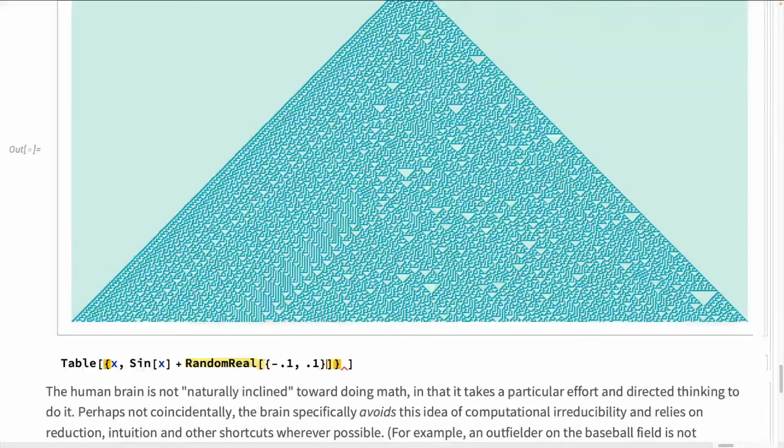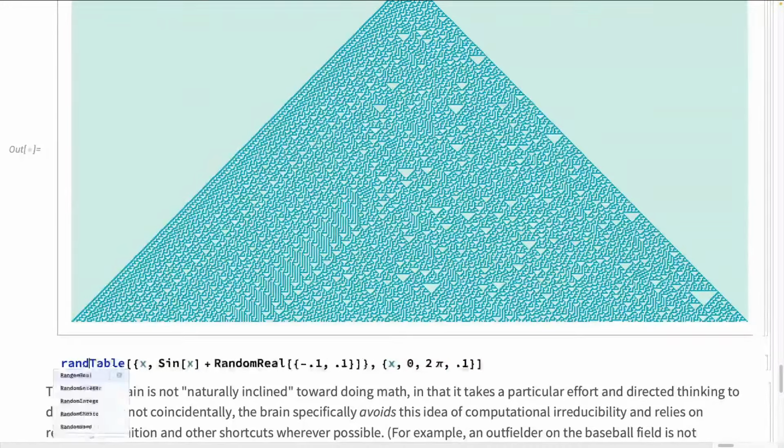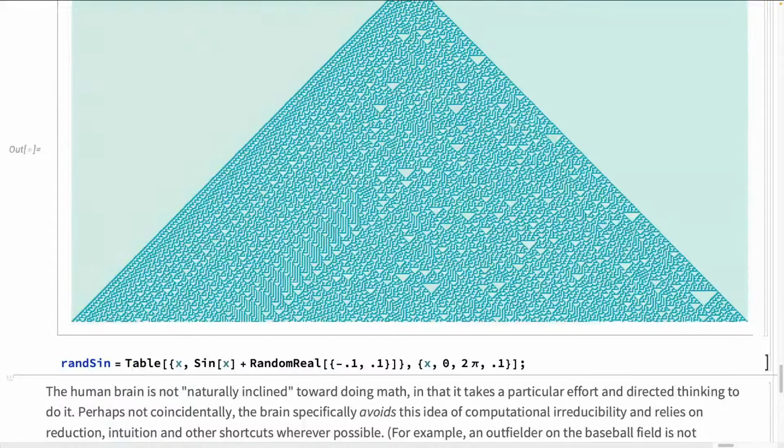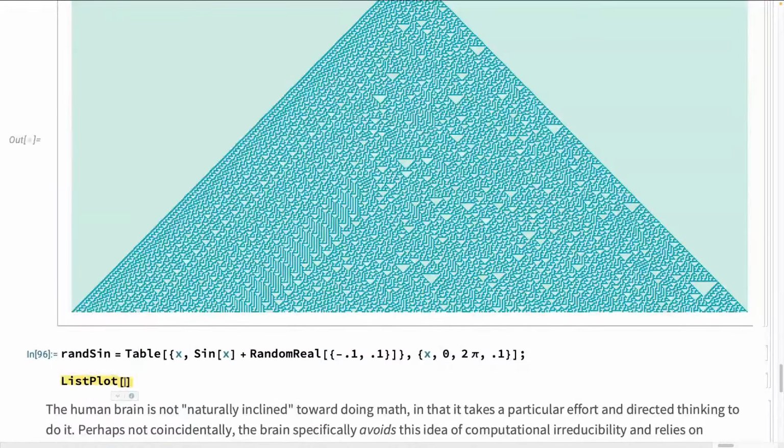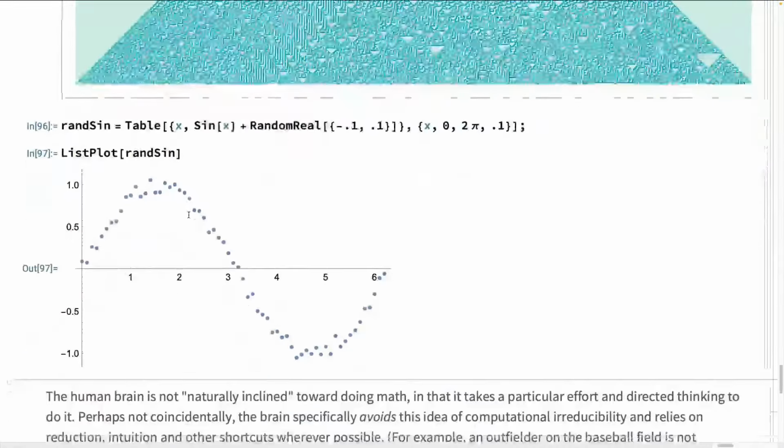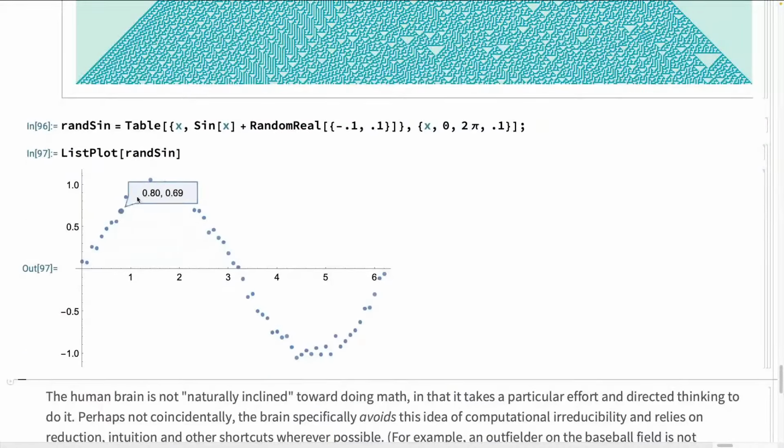Let's do this, and we'll have x go from 0 to 2 pi in steps of 0.1. As a human, we can look at this and say, oh okay, this kind of looks like a sine curve, and then it's got a little bit of noise on top. No problem, right? But the issue is, what you don't want to happen is